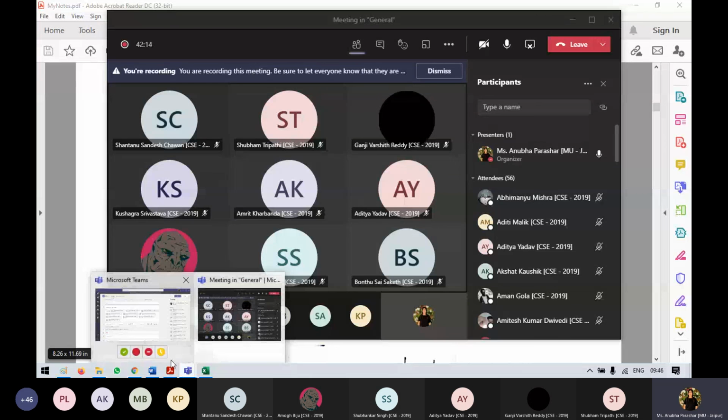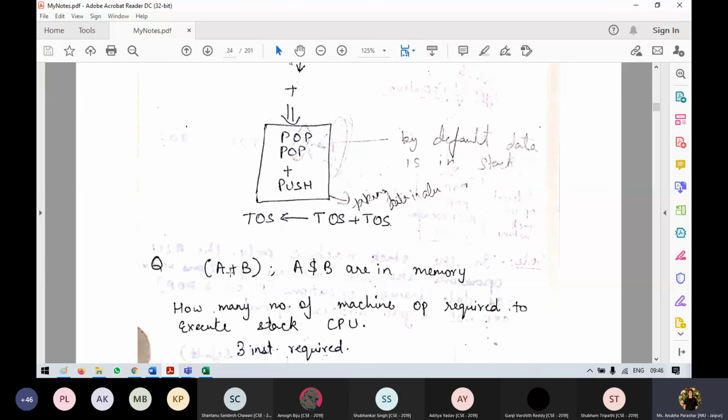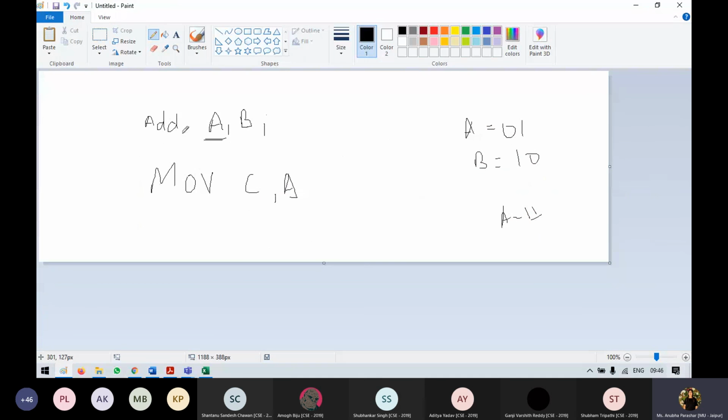Yes, 3 instructions are required. See, first A plus B is there. So you add A and B. First, B has to be there. B will have a certain value.